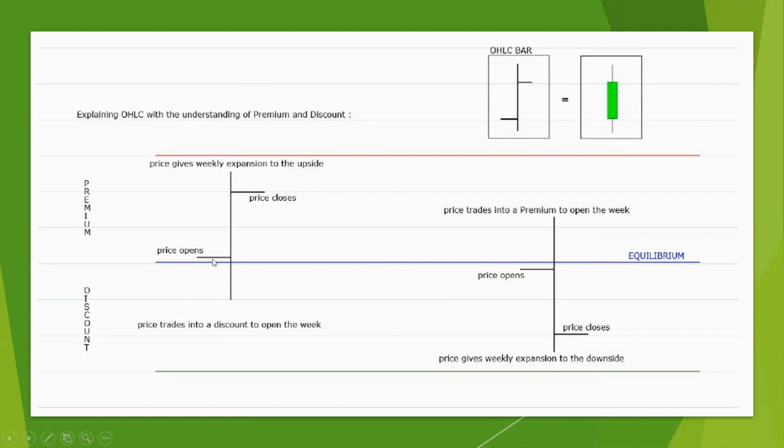That's the key right there. We see price open up, trade down to a discount, and expand to the upside into a premium where it closes. Now, this is a very, very crude depiction, right? But based on this, price would have opened, let's say, in the middle of this range, and traded